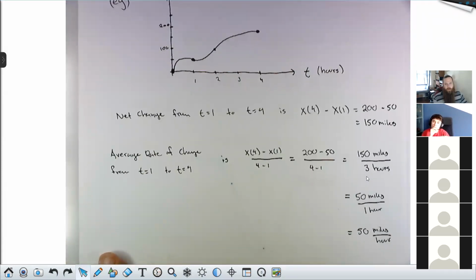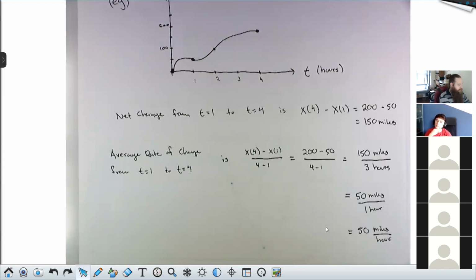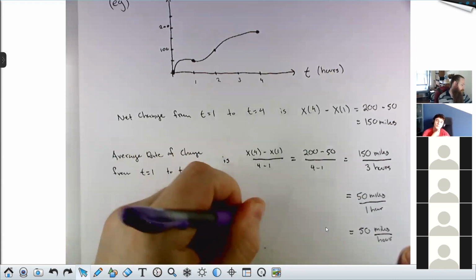And the units here are important. That's why I'm using this example, to try and get you to think about the units. The nice way to think about average rates of change is with physical quantities that have units. You can divide the units of the top by the units of the bottom. So instead of thinking of this as 50 miles over 1 hour, I can just call it 50 miles per hour or 50 miles over hour. So this is really an average speed, which most folks would call